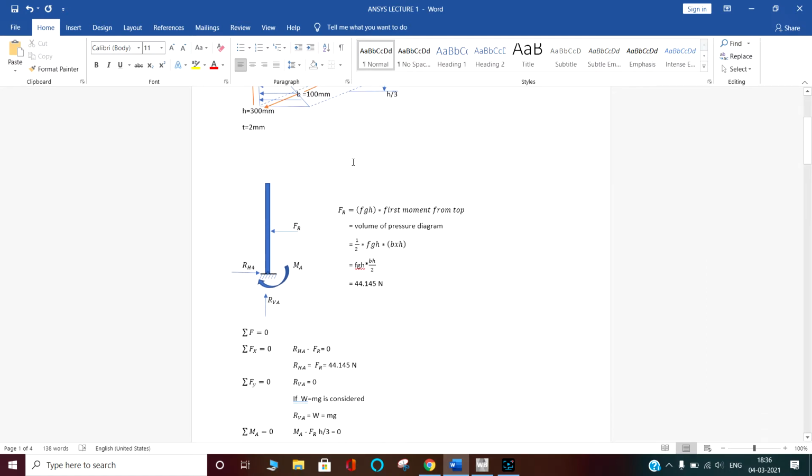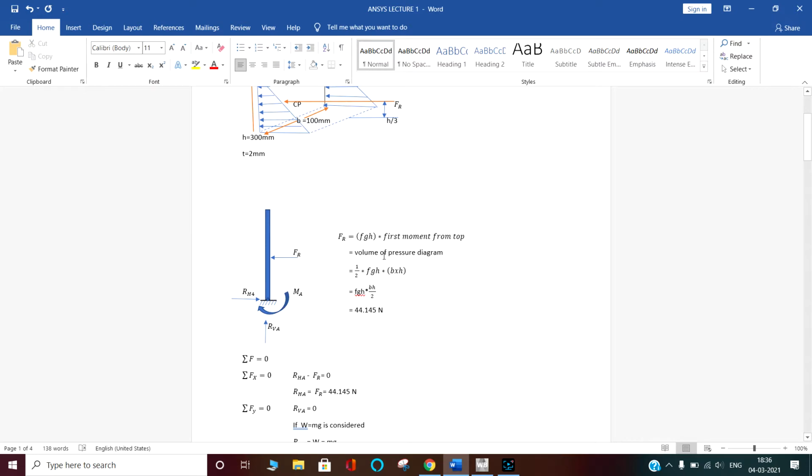If you are a mechanical or civil engineer, then you have already read these things in your fluid mechanics. The force Fr is equal to rho g h into the first moment from the top. Or you can see this force is equal to the volume of the pressure diagram.